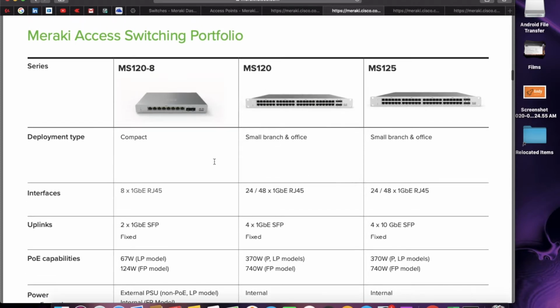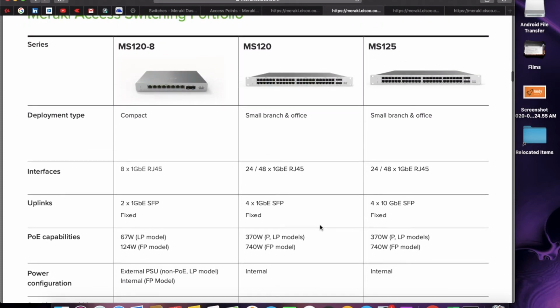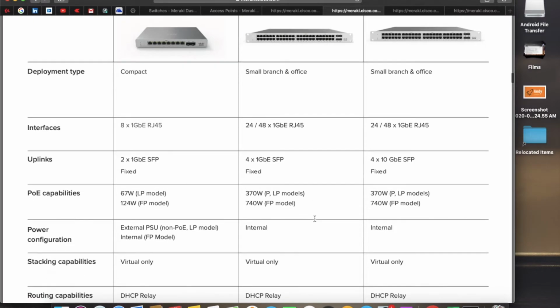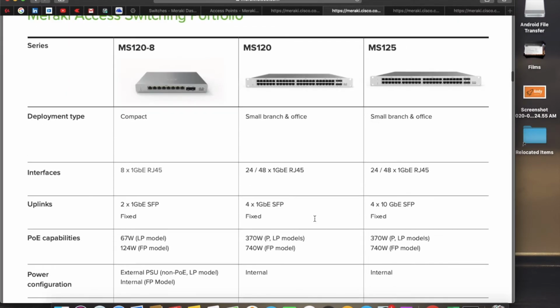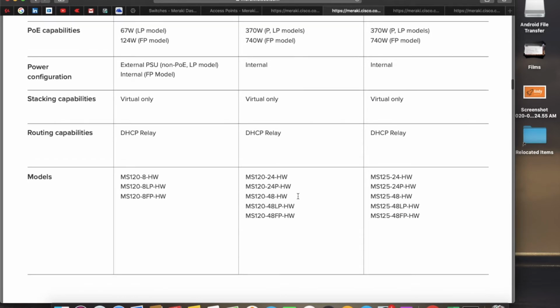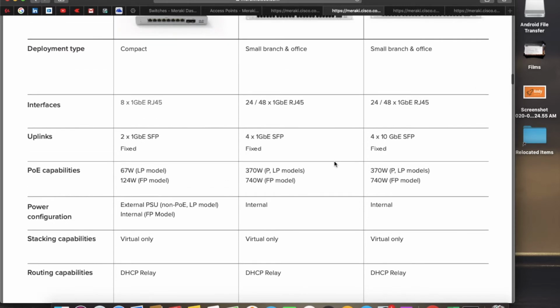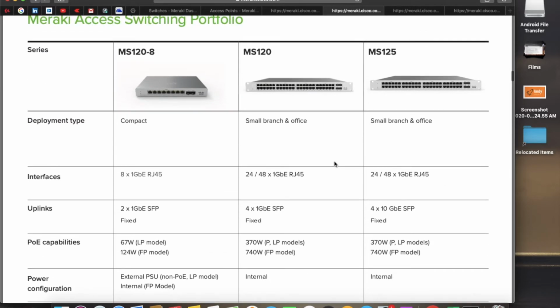It's again based on the deployment type, what kind of office you have and how much throughput you need. A very important part is what kind of ports you need. Is it fiber? Is it 1 gig? Is it 10 gig? Or is it 40 gig? It all depends on your requirement, and again it depends on the power supply. Are you getting a dual power supply or not? And one more